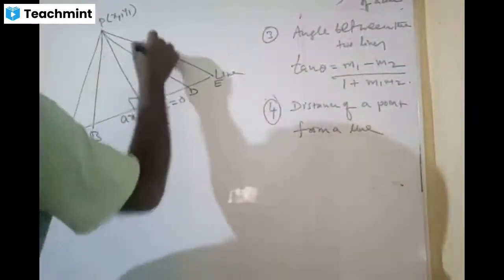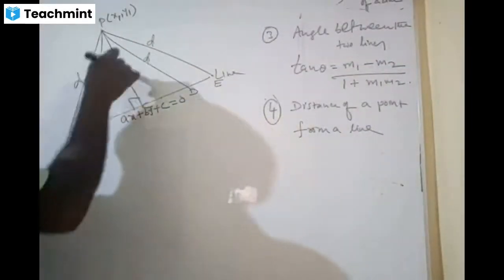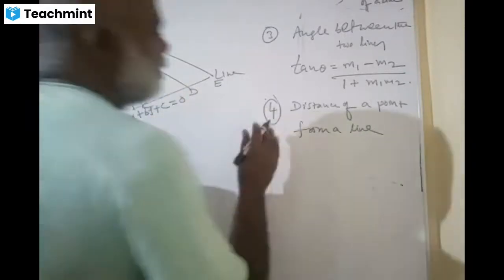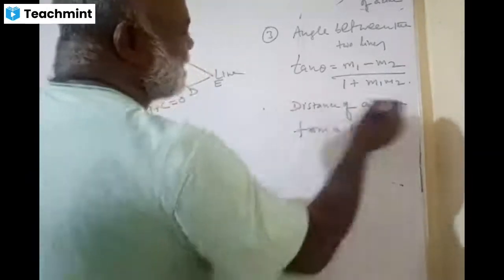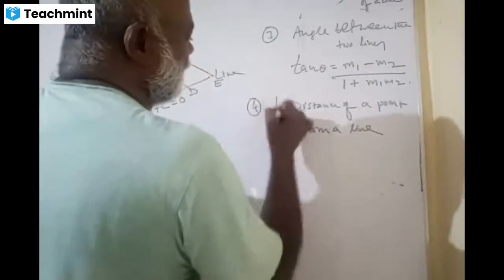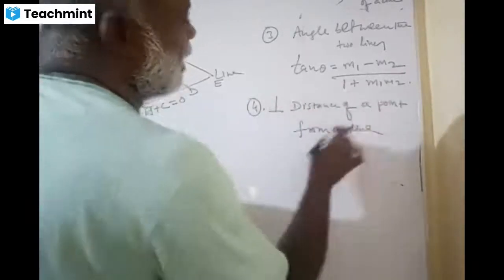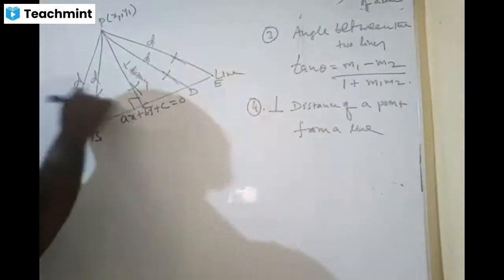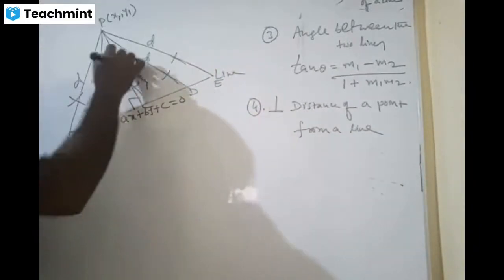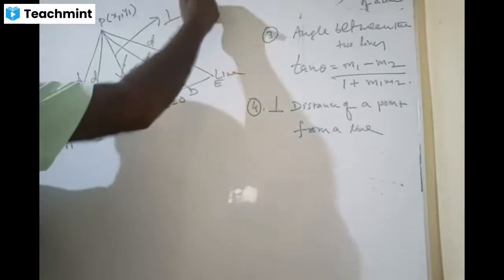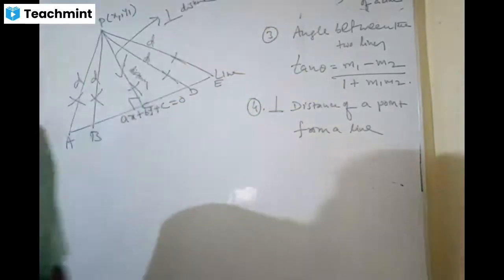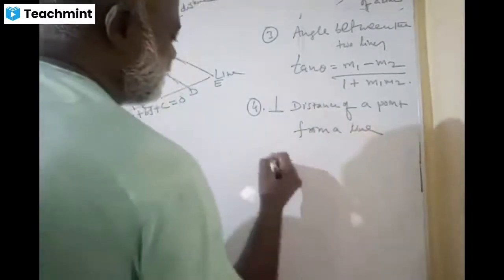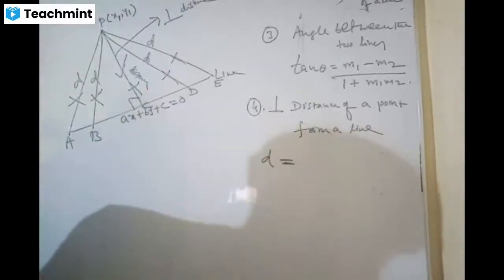This is also a distance, but it is a special distance, the perpendicular distance. So whenever we say just distance, without mentioning perpendicular, we mean the perpendicular distance of a point from a line. Not this, not this, not this. How beautiful it is.